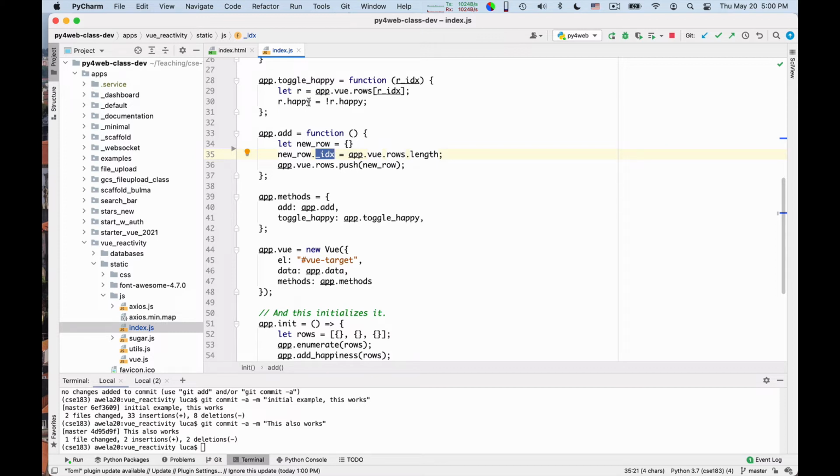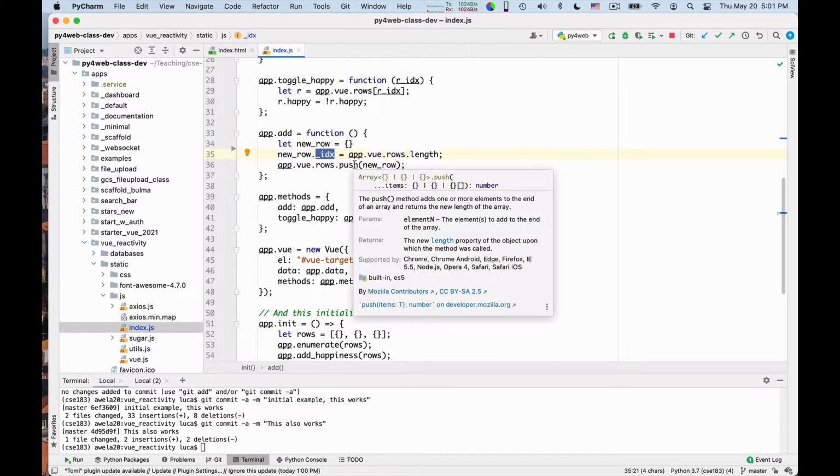So yes, it's a bit ugly that initially it is undefined instead of false, but the problem is not really that r.happy will never exist. The problem is that it doesn't exist in the row before you add the row to the array. The array can observe the push operation, so it can annotate new things.